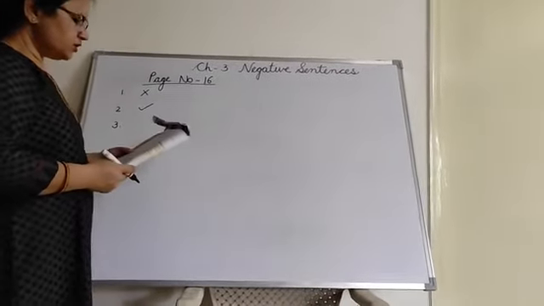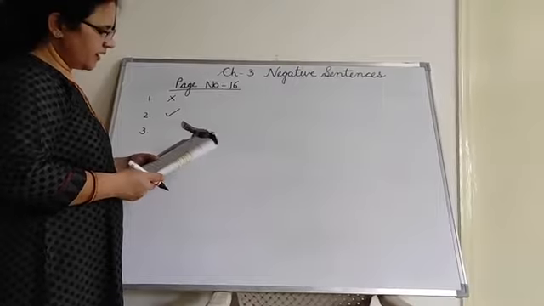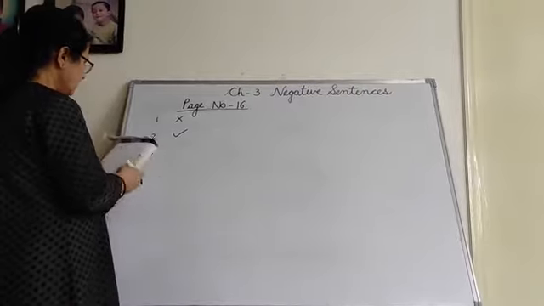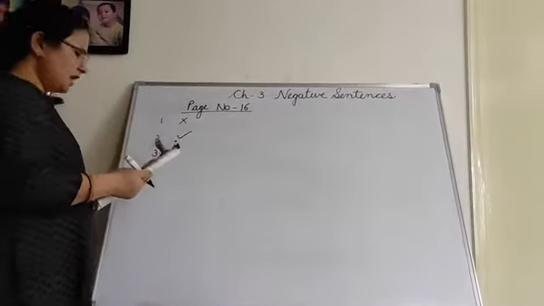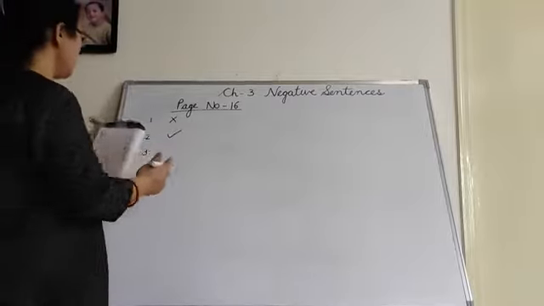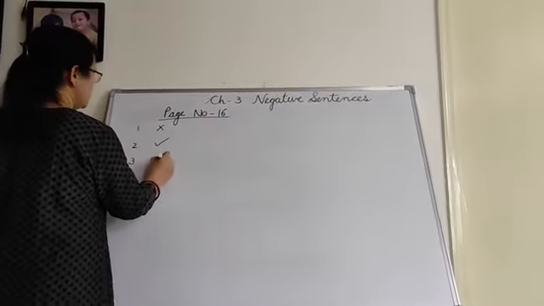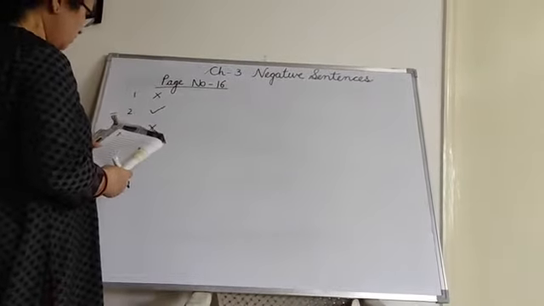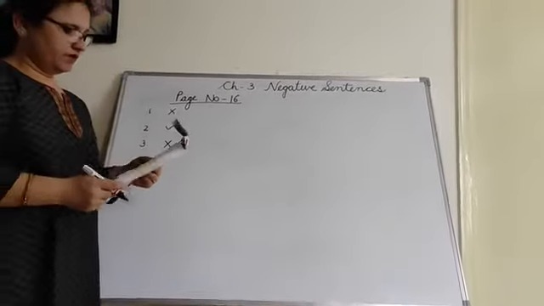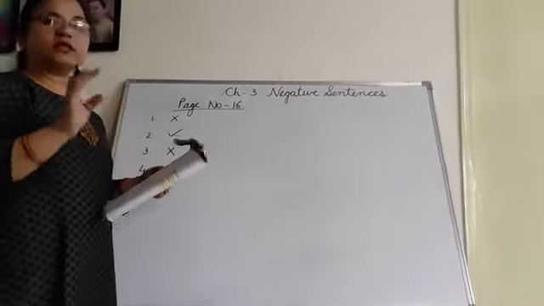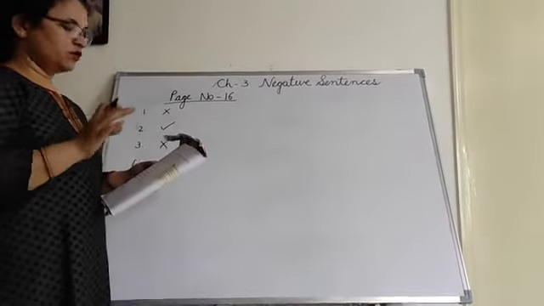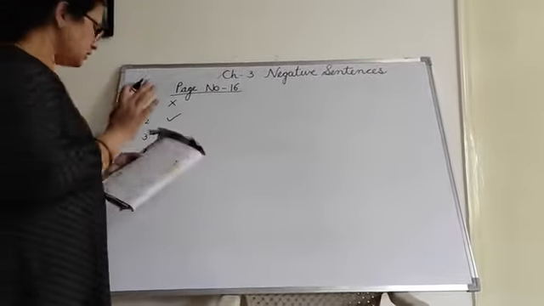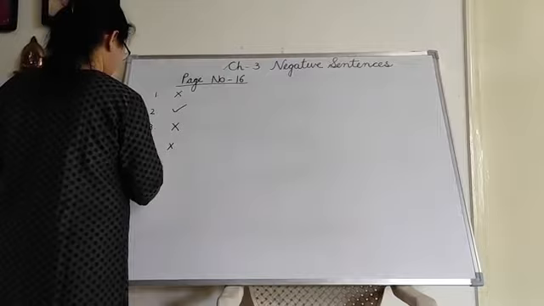Then the mice do not run after the cat. So is it correct? Yes. Children, the mice do not run after the cat. This is wrong. Why? Because it is singular noun and what should be used? Does. Then Hari does like no maths. Now see, is it correct? With Hari singular noun does is used. But still it is wrong. Why? Because not is not placed after does. Hari does not like maths will be the correct. So it is wrong. So fourth, put cross.